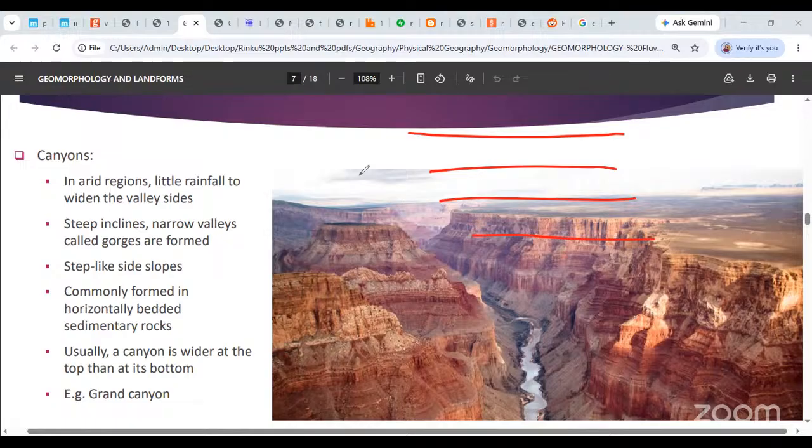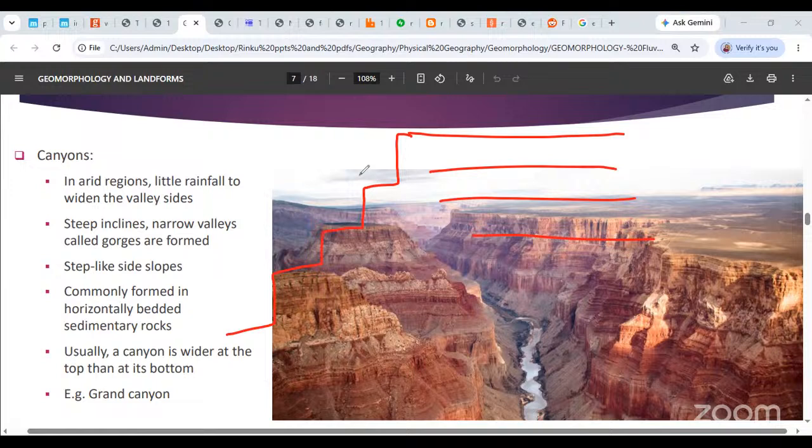They will keep protruding outside. What happens to the softer layers? The erosion will be a little more as compared to the hard layers, and they will go inwards. They will try to dent inwards. Okay, वो थोड़ा सा अंदर की तरफ dent हो जाएंगे. समझ रहा है आपको ये? Do you understand this? So clearly आपको ये step-like structure मिलता है. ऐसा वाला जो step-like structure मिलता है walls को, वो इस वजह से मिलता है क्योंकि कुछ layers का erosion ज्यादा होता है because they are softer और कुछ layers का erosion कम होता है because they are harder.